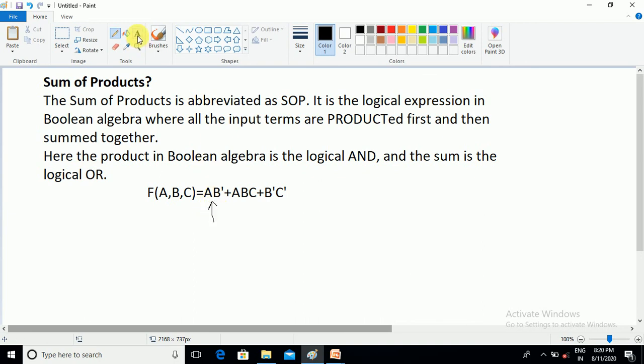Let us construct a logical circuit for the entire function. Let us take the function now. Here I am drawing the logical diagram for the given function. Now what is the first term? The first term is a, next one is a b dash. How do you create the b dash? By just passing through the NOT gate, it will create the b dash. Now these two signals are passed through the AND gate. This is one term output by passing through the AND gate. Now this is called one product term. What do you mean this is a product term? The output of this gate will be a b dash.